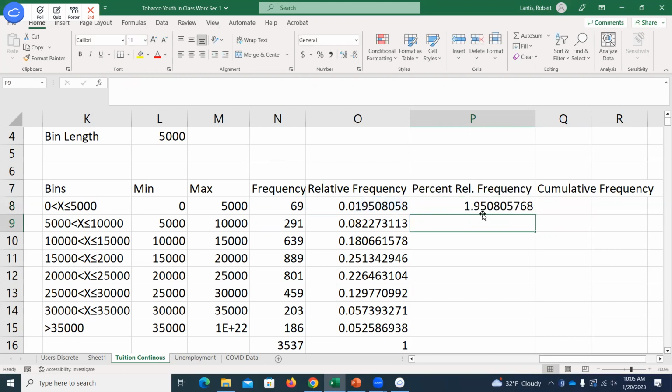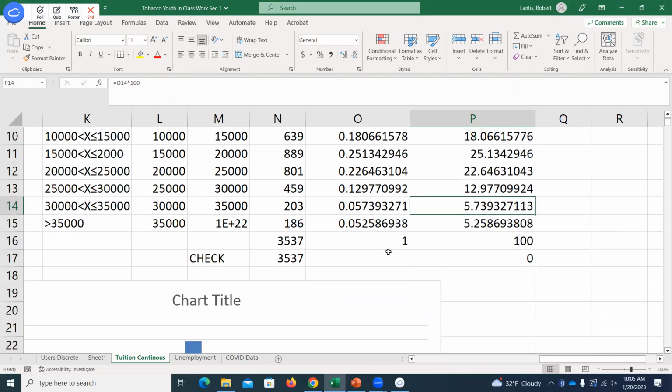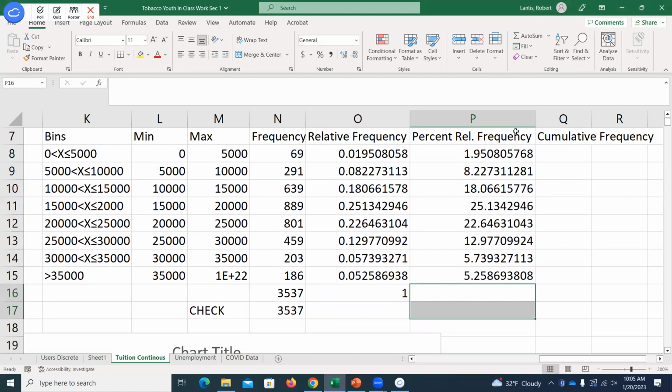A nice little shortcut, instead of left clicking and dragging this down: if you have data set up like this with one entry in the very first cell, when I get to the black thick plus sign, I double left click, and it'll copy that down, updating the cell references all the way down to the very last place that I have data. Here I might go a little bit too far, but double clicking is a nice, easy way instead of dragging it down.